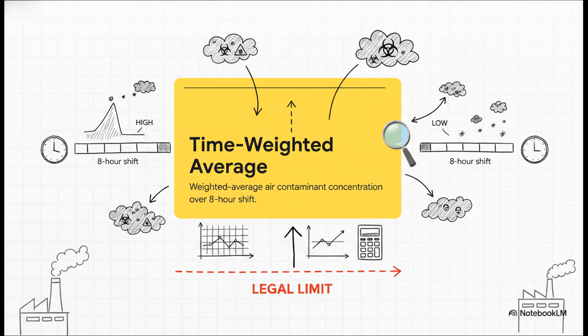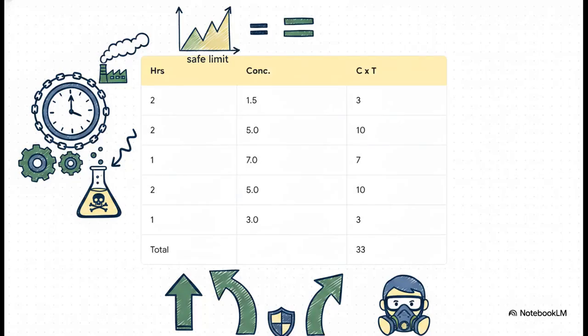Contaminant levels fluctuate, right? Sometimes they're high, sometimes they're low. So we need an equivalent average to actually check against those legal limits we just talked about. To calculate this, it's a simple but absolutely vital formula. We take each time period in hours, multiply it by the observed concentration during that specific period, and we get a value. We sum all those values up, say reaching 33 in this scenario, and divide by the total 8 hours. That gives us a TWA of 4.125. Doing this ensures the overall exposure stays safely under the legal limit, even if there were a few brief spikes